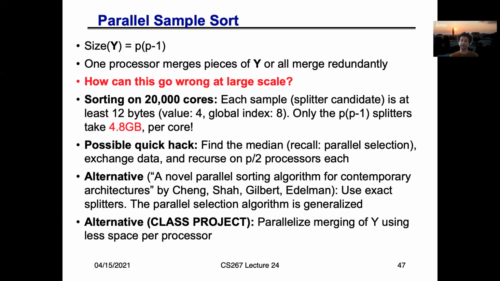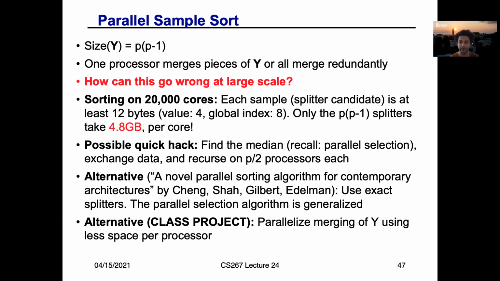Just collecting these p times (p minus 1) samples, these are not the final splitters, these are candidates again, is going to be like 5 gigabytes per core. That's already exceeding the limits of per core memory. One possible quick hack is to use